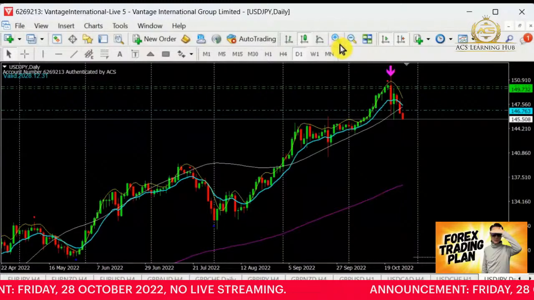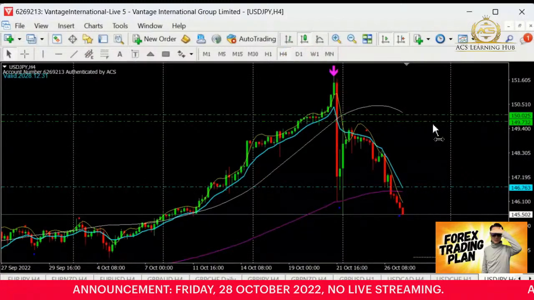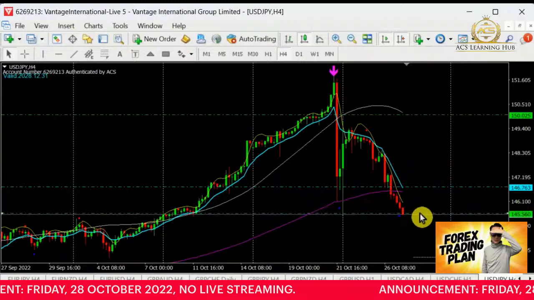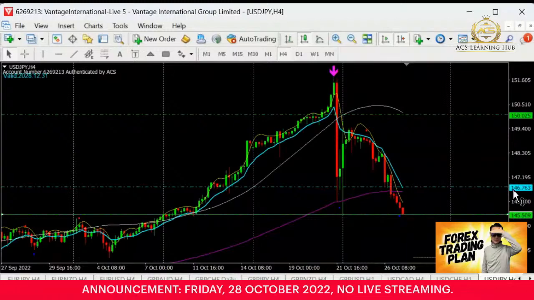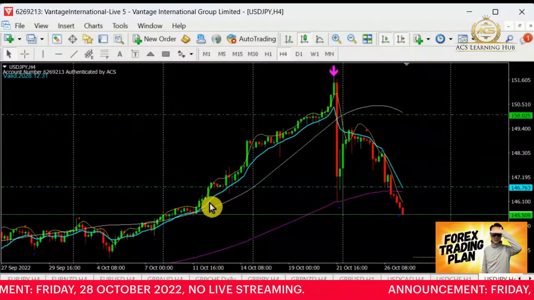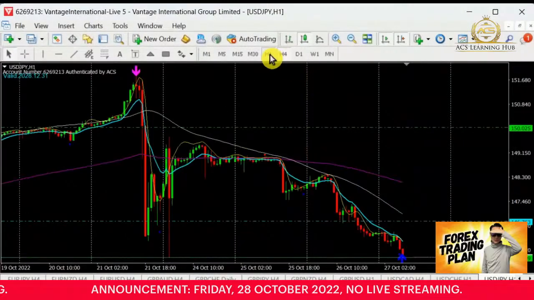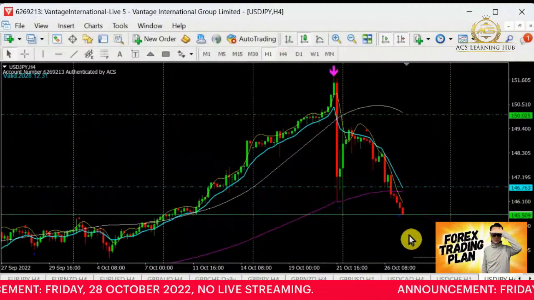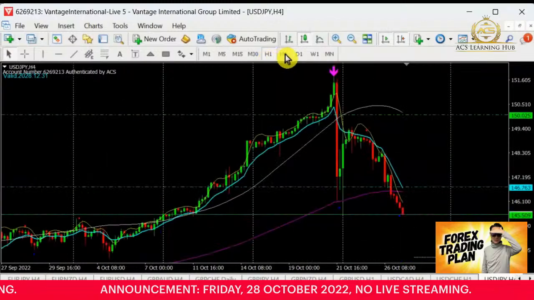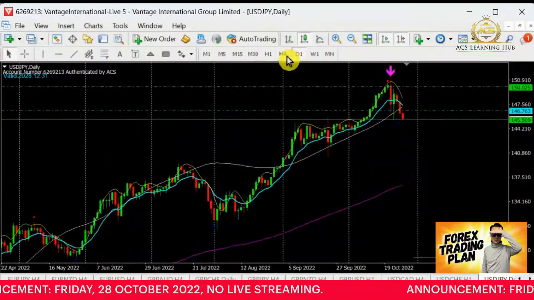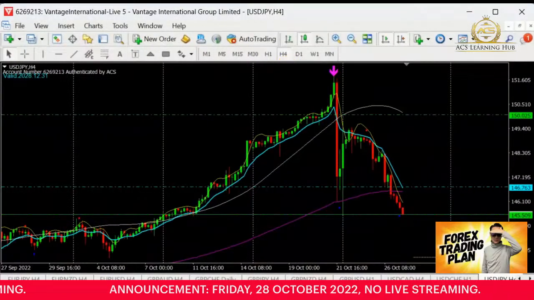Let's see if this is going to continue the selling and break any of the support levels. For example, here, now we are on the support. If we break this and continue the selling, it's possible. So wait for this to break the support first. Once it breaks down the support, then after that we will look out for a resistance to sell. Tentatively, I think for dollar yen, it looks pretty good, so we can pay attention to this level.